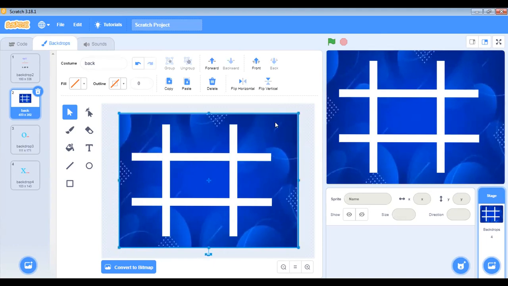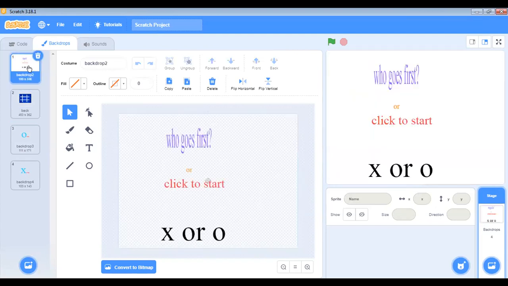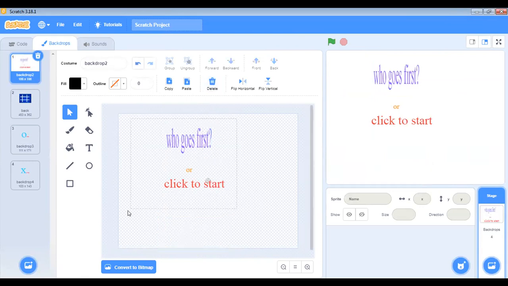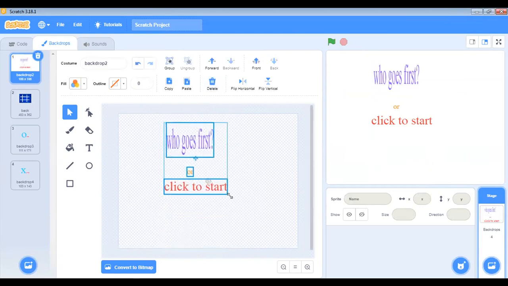Okay. Well, I think the color is too bright. So it would have used something that is a little bit, but this is fine. Let me see the first backdrop. It's just too bright. It's just the brightness. Let me see the first backdrop. Okay. Now take this out. Take this X or O, because this X or O will come from your X sprites and the O sprites.